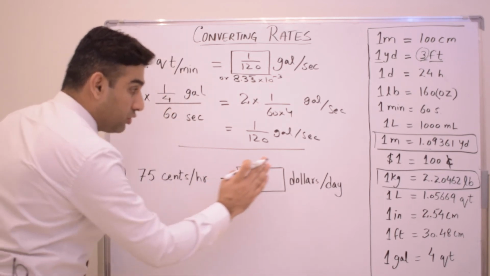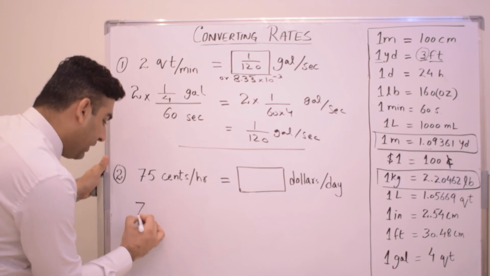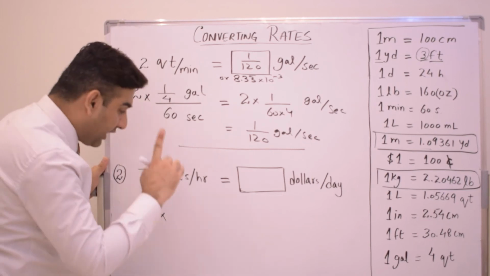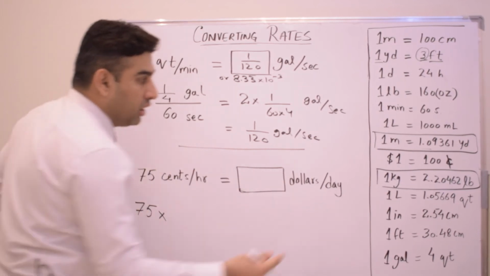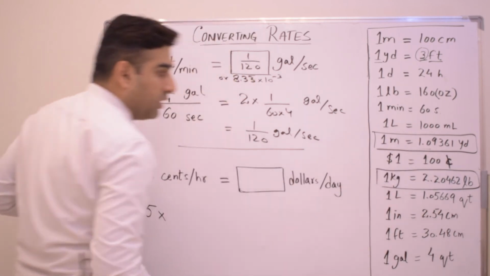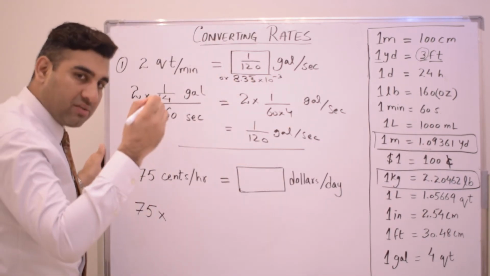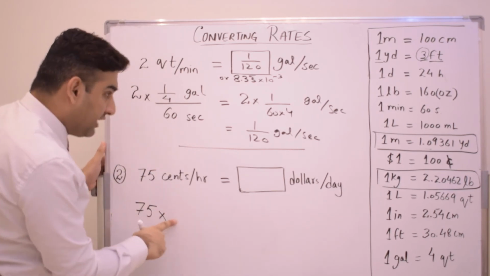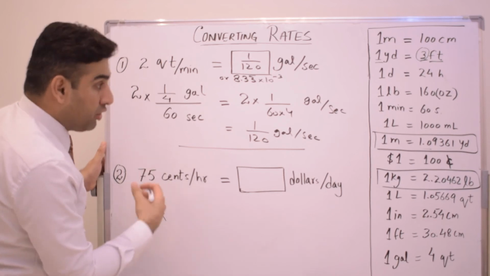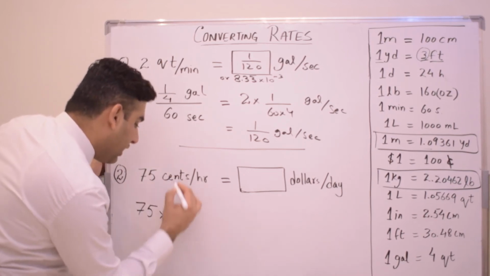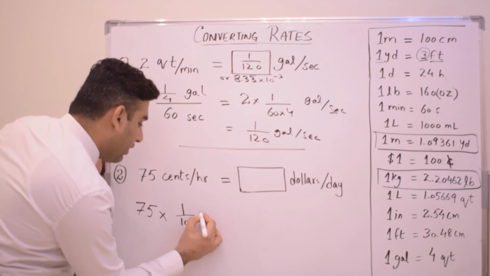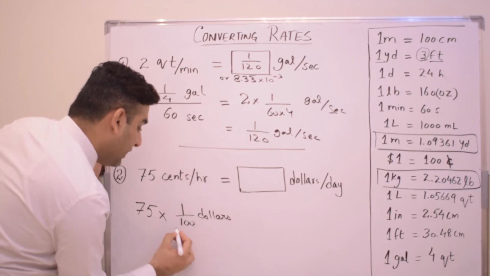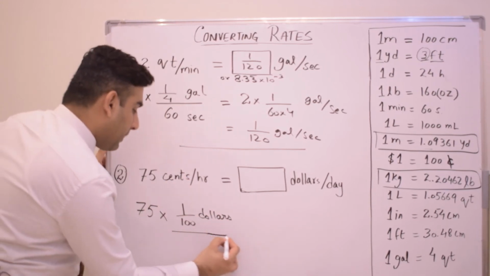75 cents per hour to dollars per day. So guys, first step is to copy this value, then put the multiplication sign, then check cent and dollar, what is the relation. So guys, $1 is equal to 100 cents. That is a symbol for cents. You can also just write C and a slash on C. So guys, cents to dollars, because smaller to bigger, so you will divide. So same thing as you did up, 1 over 100, and you write here dollars instead of cents, and put the division sign, divide by hour.